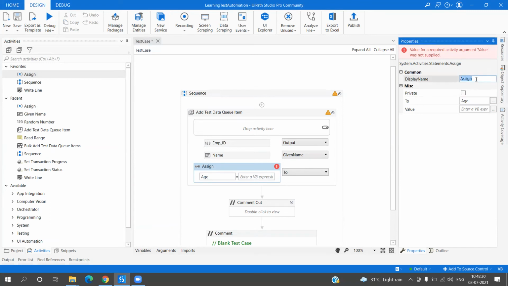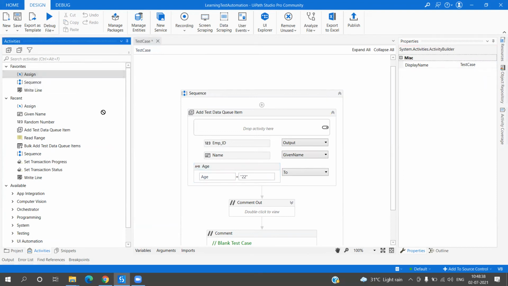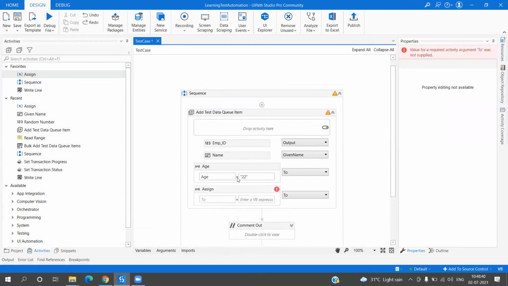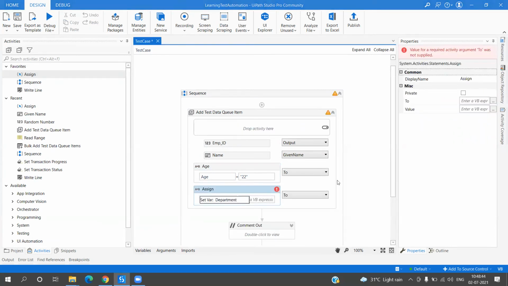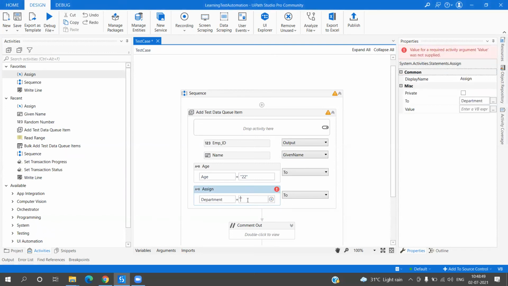This I'm going to rename to age. Age is going to be 22. And finally, we have department. So it is going to be department. So this is how you can individually add the data, right?